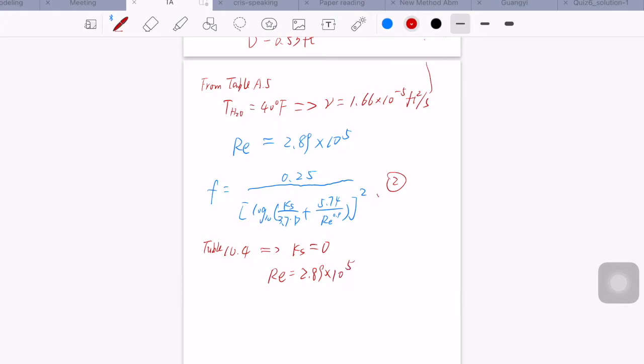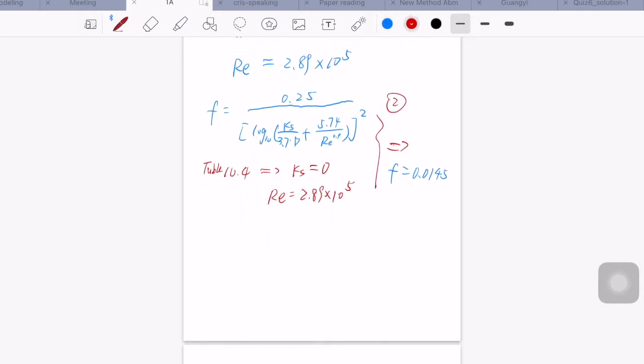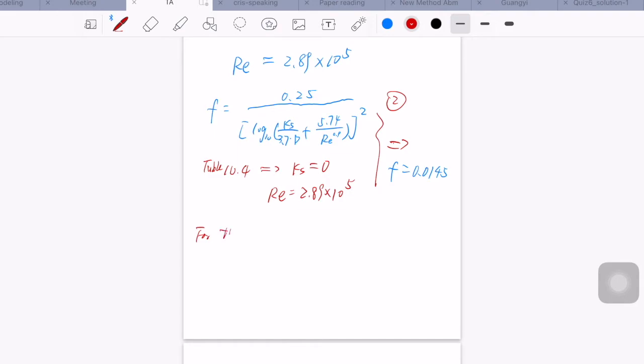So we can determine that F is 0.0145. And for the second iteration,